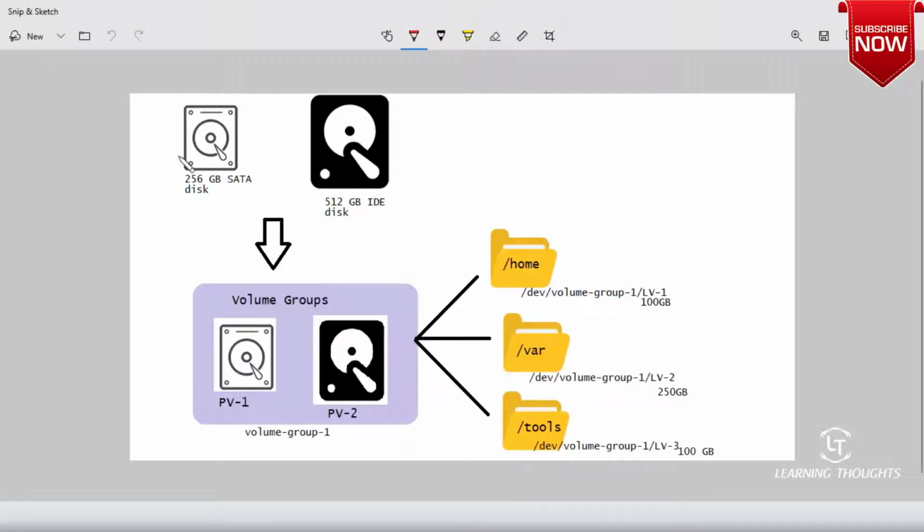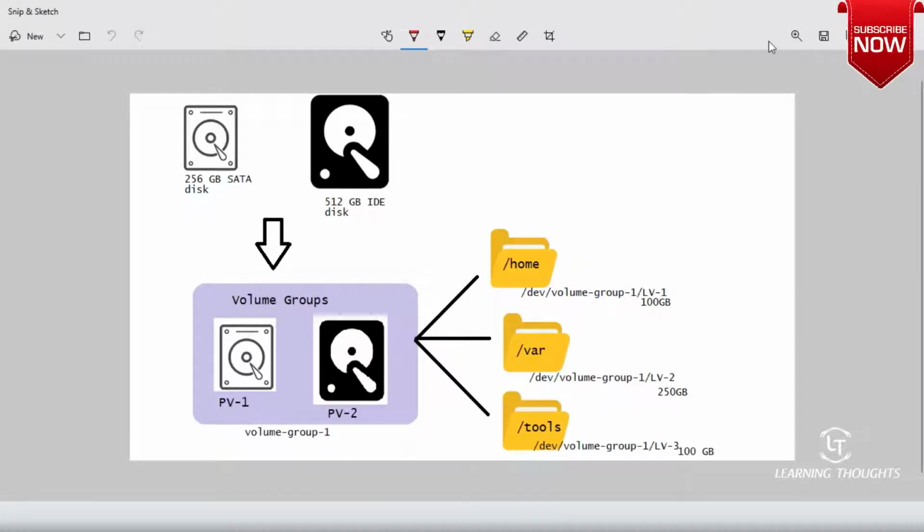Now what is it I'm trying to tell? Take disks, add them to the volume group. Now your volume group has approximately 768 GB of storage. Now, from that 768 GB of storage, try to create different logical volumes, right? Logical volumes basically are like breaking your storage into multiple partitions and mounting those partitions onto these folders, so that you can use two disks to store into multiple folders on your Linux system. Am I clear on this now? This is actually a better way of doing it.